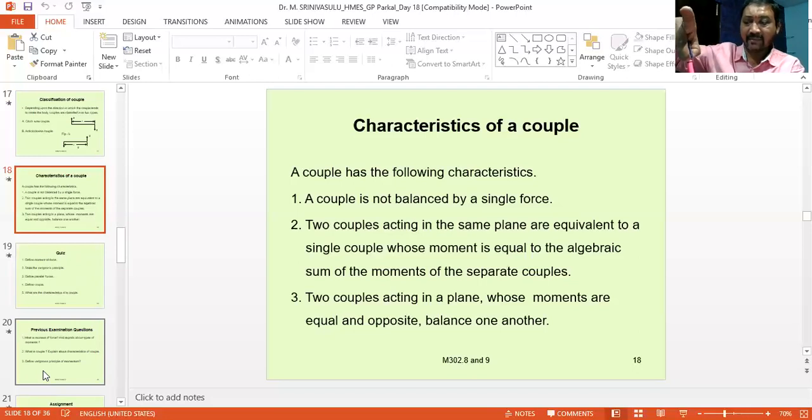So they are forming a couple, and with this the moment of the couple. So with these forces we get some moment of couple, and with this moment of couple we are able to open the cap of a pen. And like that, even in driving